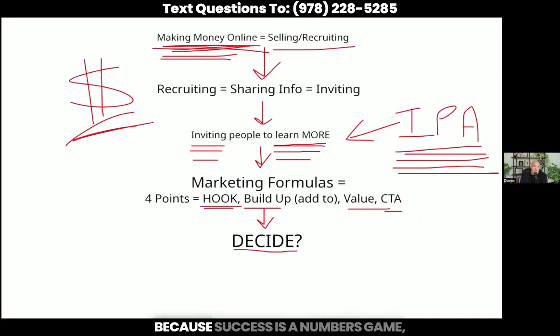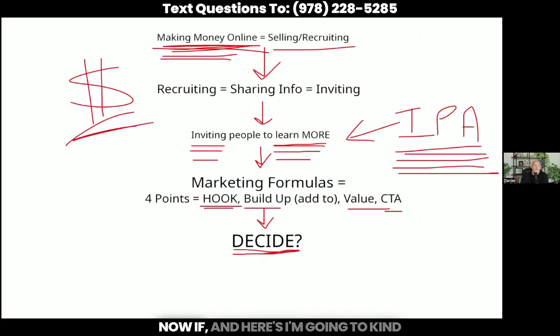Because success is a numbers game, period, end of story. No matter what it is that you're doing, it's a numbers game. You have to try it a certain amount of times, attempt it a certain amount of times, rinse and repeat the process a certain amount of times. The question is, how many times? Well, I don't know. I'm still doing it. I've been here 7 years full time now, and I'm still doing the process, but I also build really large teams and I make really great money. So you just have to decide: do you want to do that or not?